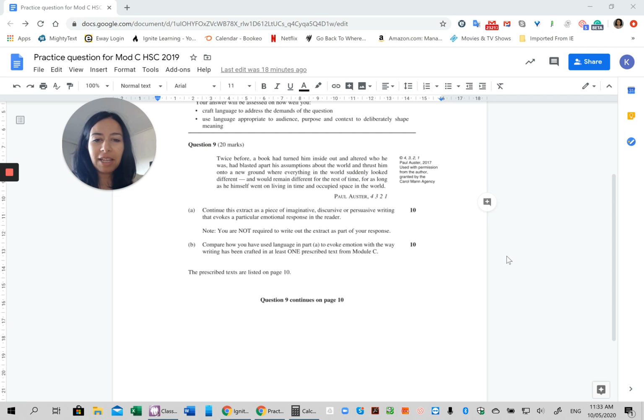So if you have a look at some of the key terms there, we've got the idea of reading. We've got the idea of change, or the fact that someone will change through that process. So a book had turned him inside out. Obviously, that's a metaphor, but that's all about changing, altering who he was, blasted apart his assumptions about the world. So again, changed perspectives, thrust him onto new ground, getting change, where everything in the world suddenly looked different